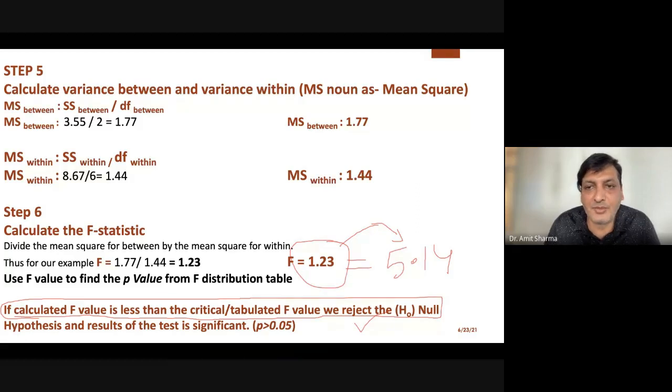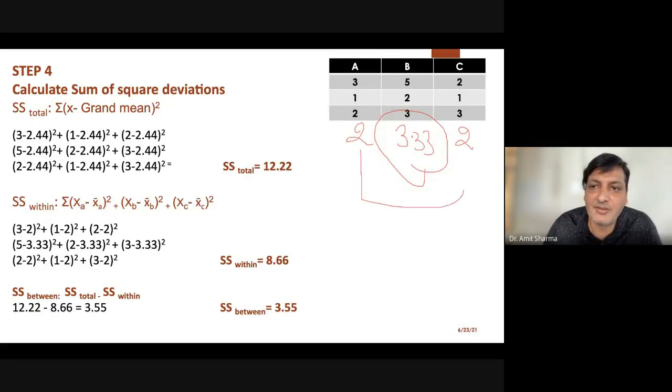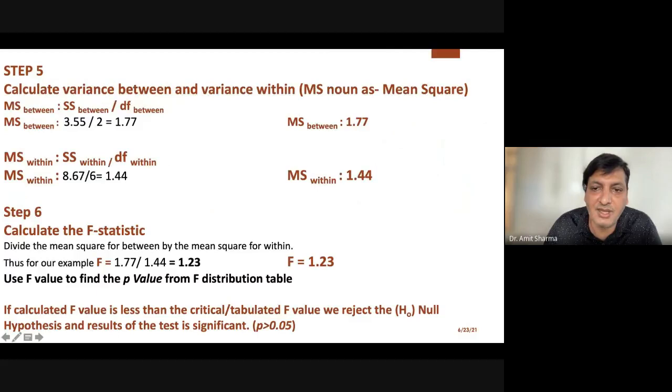There is a difference between the groups, and by seeing the means you can understand that the mean of group A was found 2, and the mean of C was again 2, but the mean of B was 3.33. Because of this 3.33, we were able to prove that there is a difference between the groups. A and C were somehow similar, but there is a difference between A and B and C. At least one difference was there. That's why the test was found significant, and we were able to reject the null hypothesis.